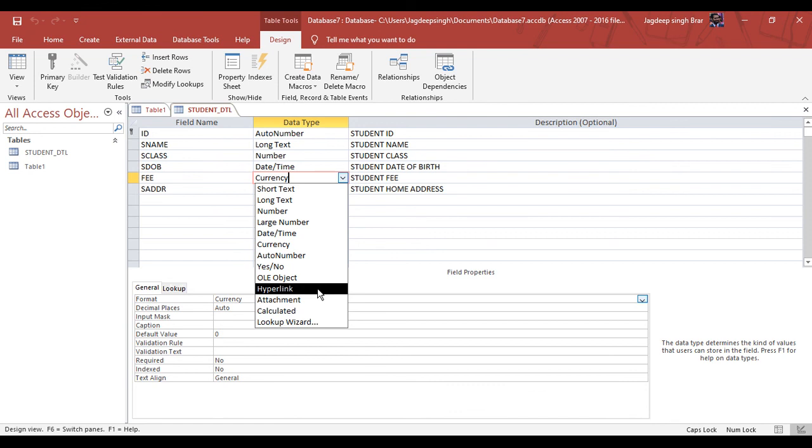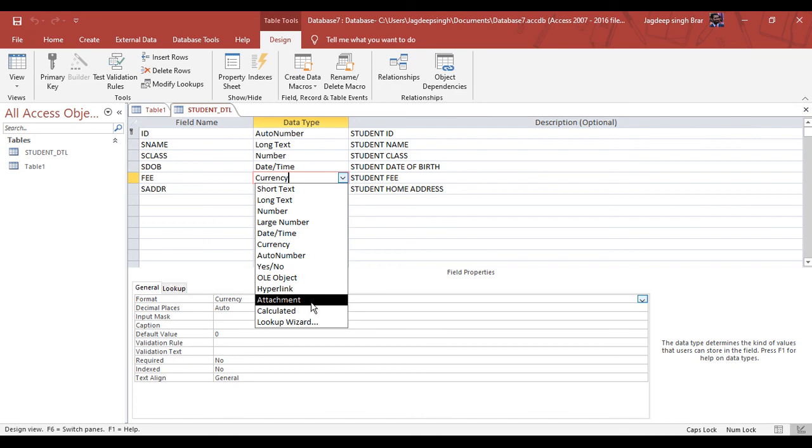Hyperlink to store a web address link. Attachment. This data type was introduced in Access 2007. In fact, the attachment data type is one of the main reasons Microsoft changed the format of the Access data file. The older MDB format is unable to accommodate attachments. The hyperlink data type field holds a combination of text and numbers stored as text and used as a hyperlink address. So you can store either a web address or a file path by using the hyperlink.